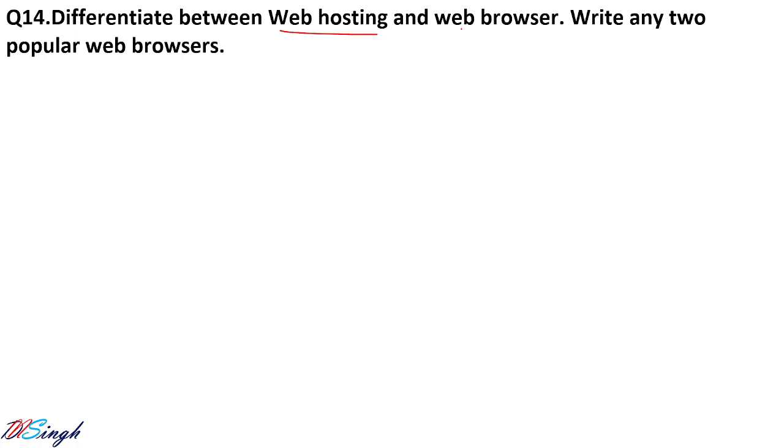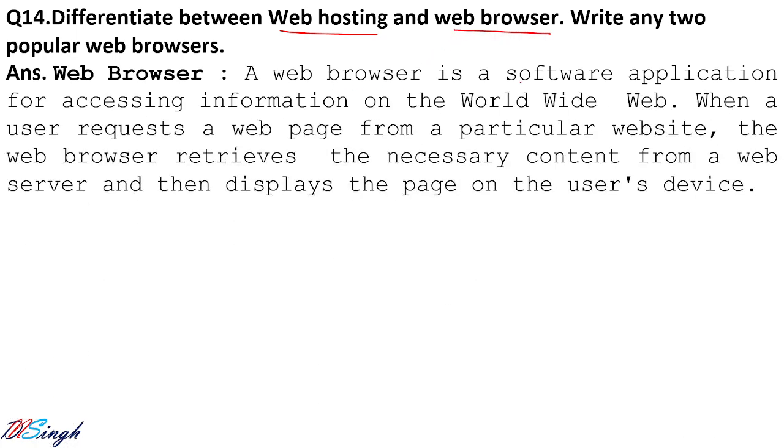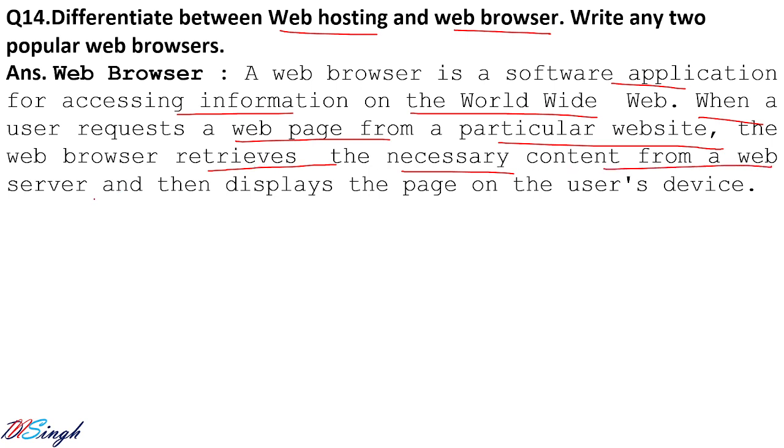Let us see the next question. Differentiate between web hosting and web browser. So web browser we have already seen. Web browser is a software application for accessing information on the World Wide Web. When a user requests a web page from a particular website, the web browser retrieves information, meaning it gets that content from the web server,